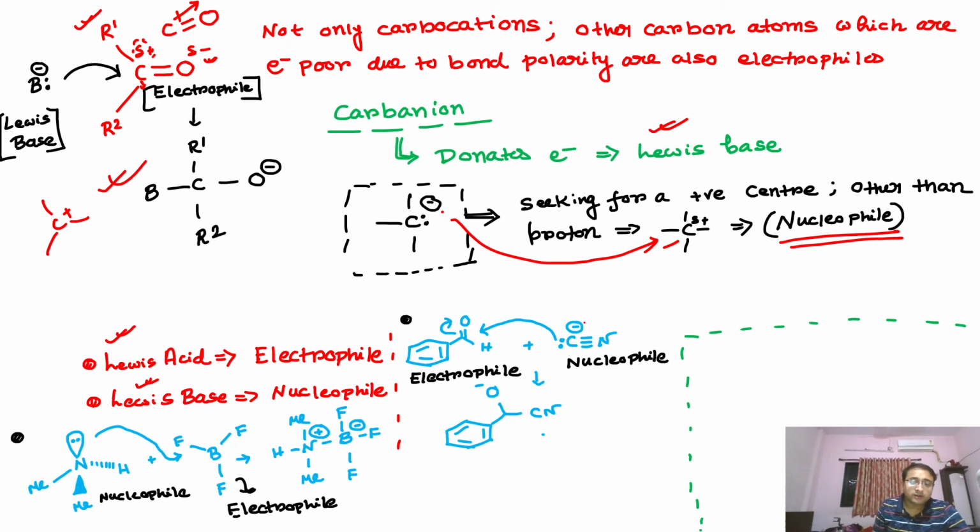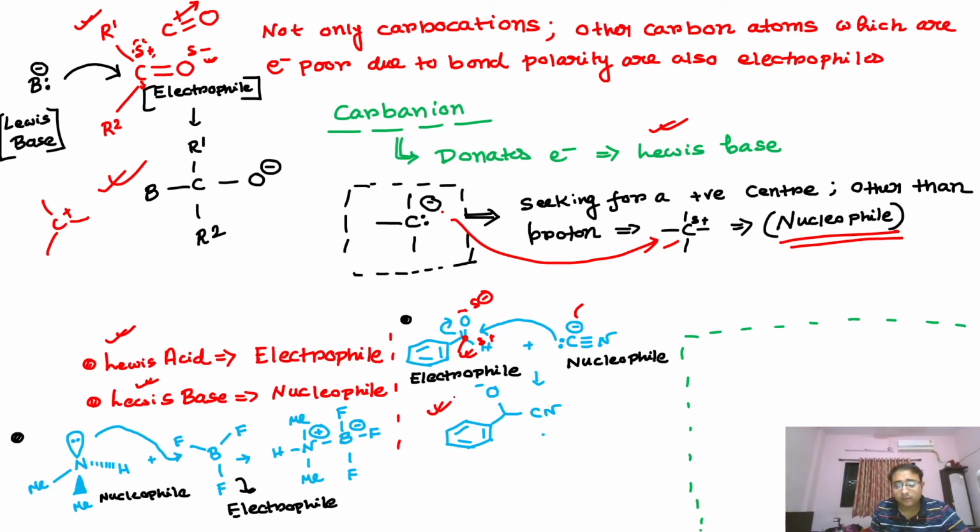Now let's see some examples of reactions between an electrophilic center and a nucleophilic center. You can see this is the compound called benzaldehyde, where there is a carbon oxygen double bond. So this carbon atom is partially positively charged and this oxygen atom is partially negatively charged. So this carbon atom acts as an electrophilic center. It loves to accept electrons from any nucleophile. You can see that this cyanide ion acts as a nucleophile because of the excess negative charge over this carbon atom. It will donate the excess electrons to this electrophilic center, and this type of reaction will occur.